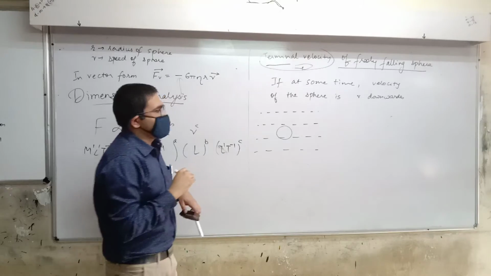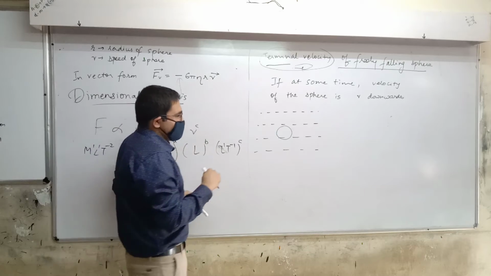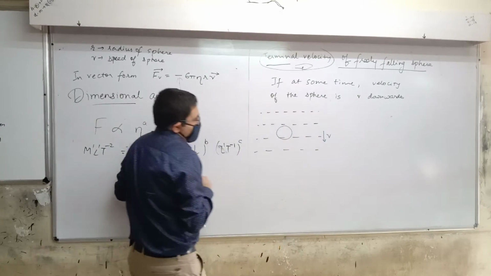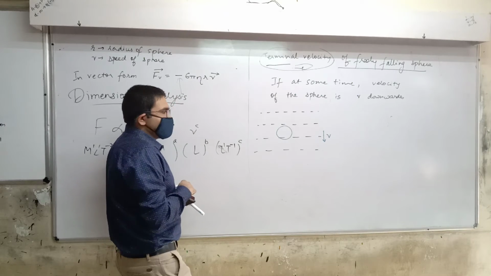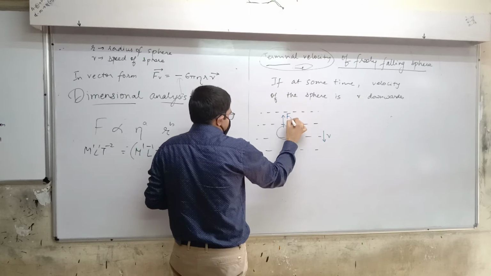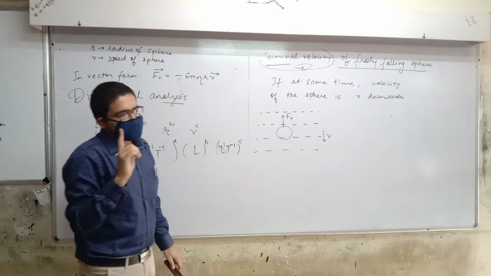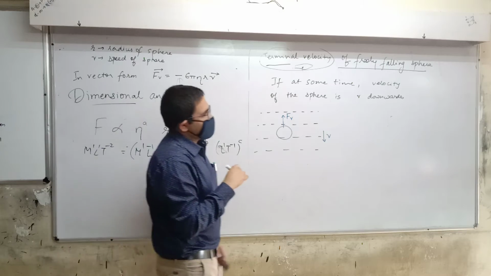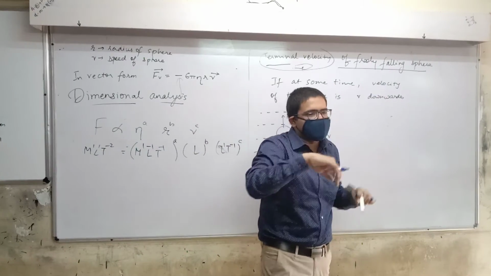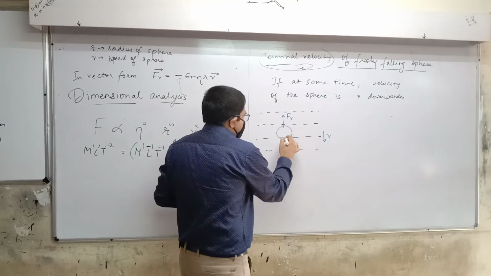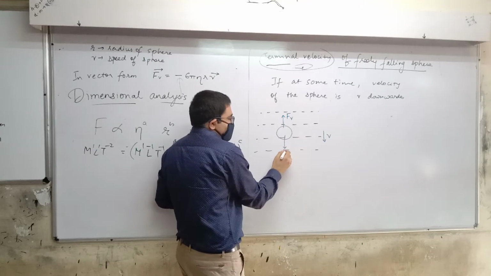Okay, so this is that sphere which is in a lot of fluid. It is having a downward speed v. So do you agree that viscous force is upward? Alright? Which other forces could act? It is freely falling. So when you drop something, why does it fall? Because of gravitational force. So then definitely gravitational force, mg.